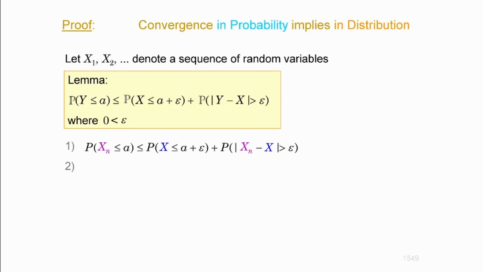Number two, and that is going to be the other inequality. It will have the same structure, but I'm going to reverse it, so check it out. What I'm going to do is keep this, but that doesn't indicate that y corresponds to xn and x corresponds to x. It's actually the other way around.